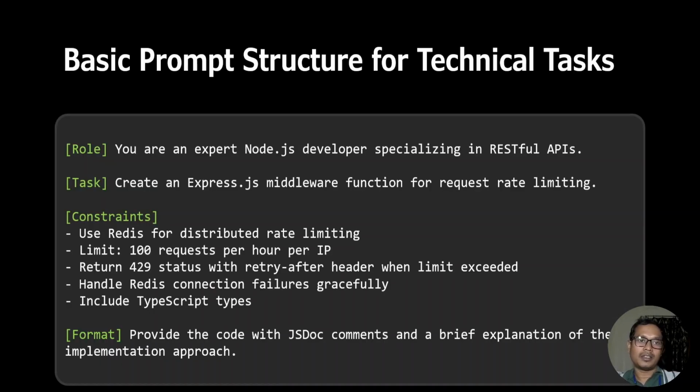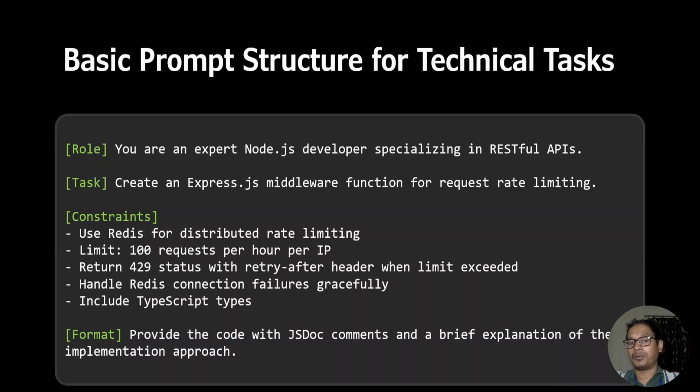So now let us see, if you follow this structure, how your prompt will look finally, right? So in the role you have defined: you are an expert Node.js developer specializing in RESTful APIs. In the tasks, you may ask: create an ExpressJS modular function for request rate limiting. In the constraints, you may define like this: use Redis for distributed rate limiting, 100 requests per hour per IP, return 429 status with a Retry-After header when the limit is exceeded, handle Redis connections. So you can write your constraints like this. In the output format, you may define: provide the code with JSDoc, comments, and a brief explanation of